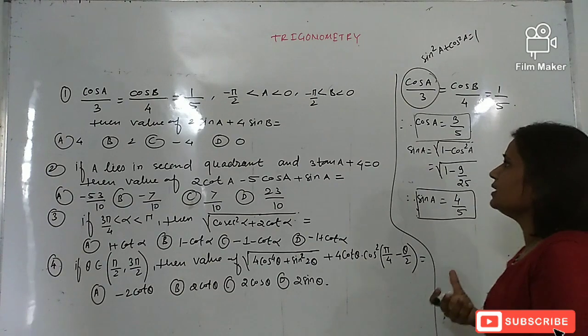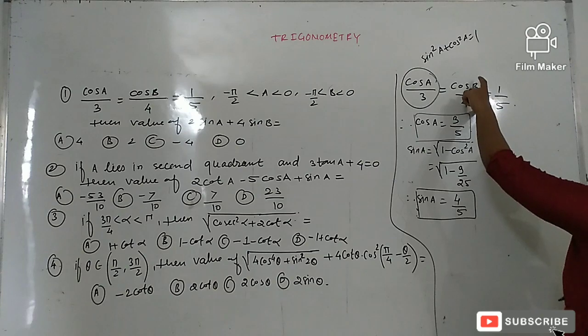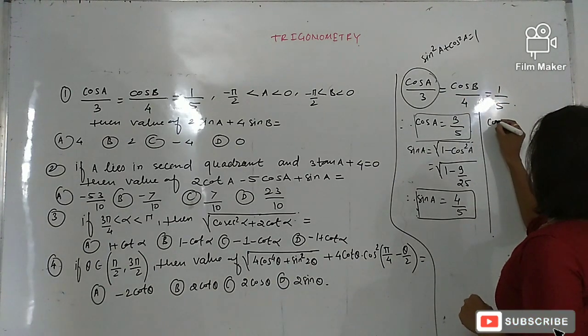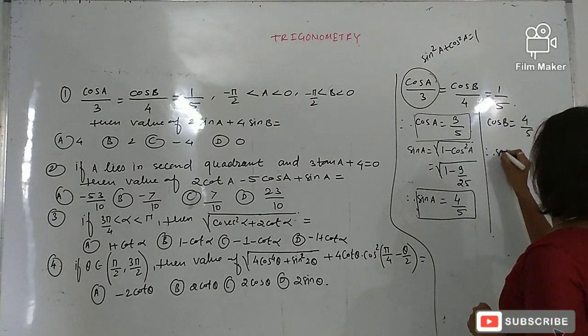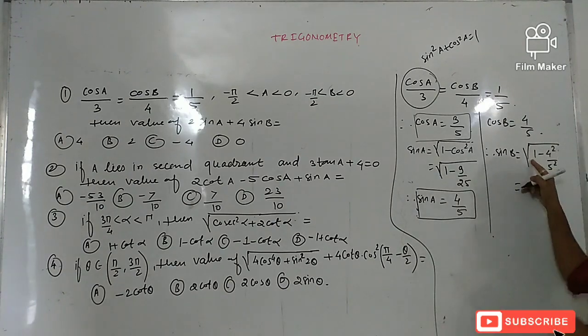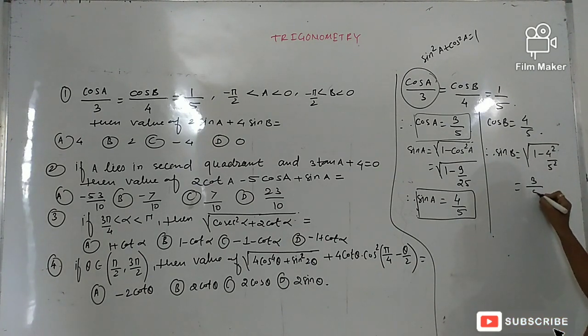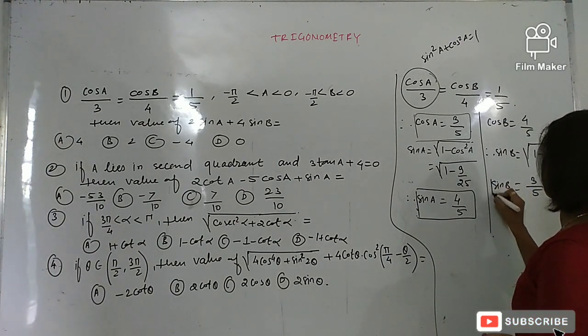Okay. Similarly, you have to find out the value of sin B from the first equation. So equate this second value with the last value. Okay, so the cos B value is equal to 4 by 5, and again find out the sin B value. So the sin B value means it is the square root of 1 minus 4 square divided by 5 square. So 25 minus 16 is 9, and the square root of 9 is 3. So finally you will get the value 3 by 5. Okay, so this is the corresponding value of sin B.